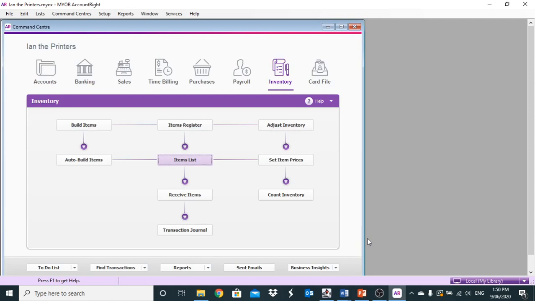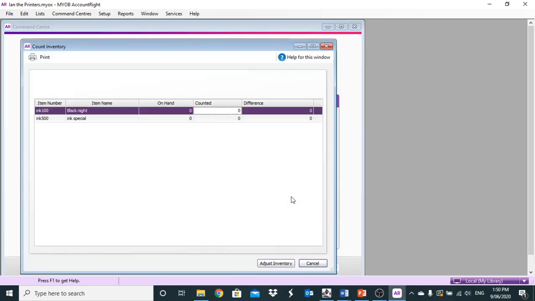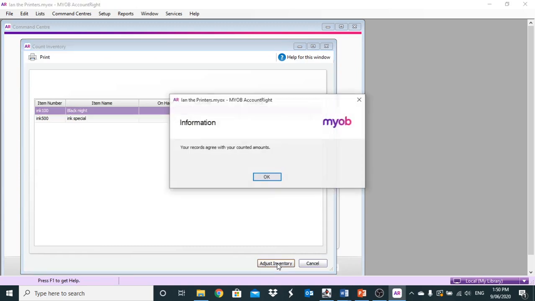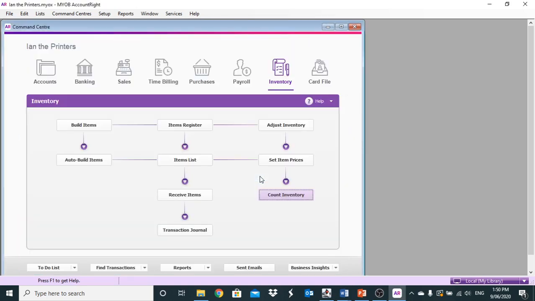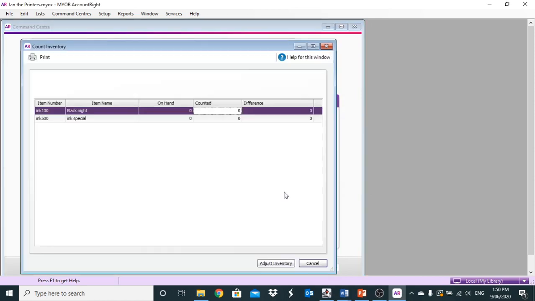So step 2, we go to count inventory. So we're back over to here, our main screen. We go to count inventory over here, and we click on adjust inventory. Okay, so that didn't work. Let's try again. Okay, all right. Before we do that, where it says counted, so how this works is